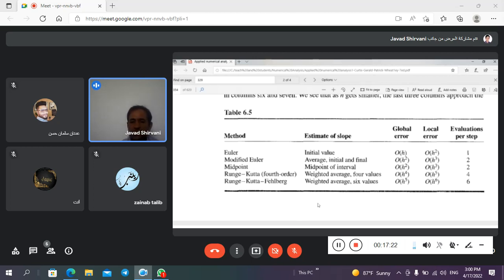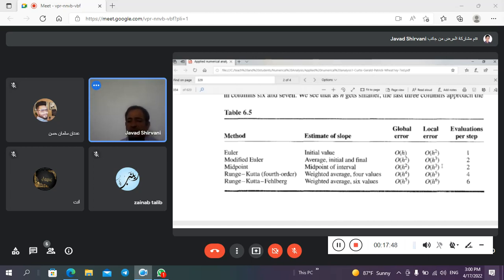And you can see in the third and fourth columns of this table the accuracy of these approaches, and you can easily compare the efficiency and the accuracy of these